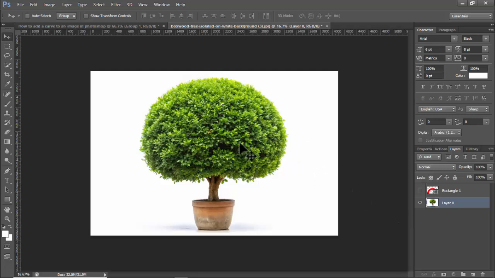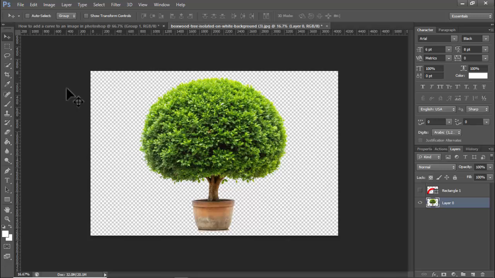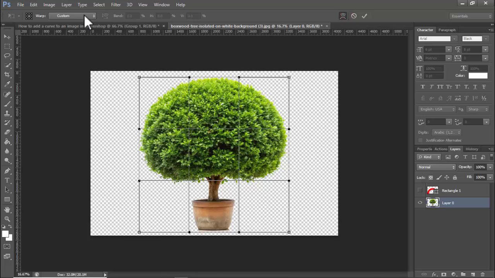First of all, remove the background. Okay, I already removed the background. Then apply the same formula. Press Ctrl T. Click the icon customs ARC